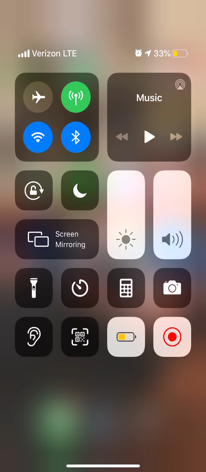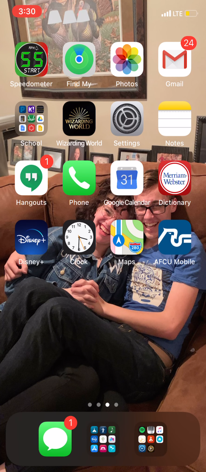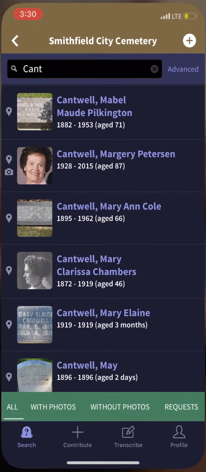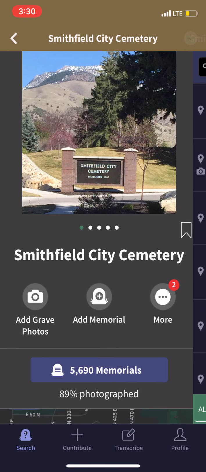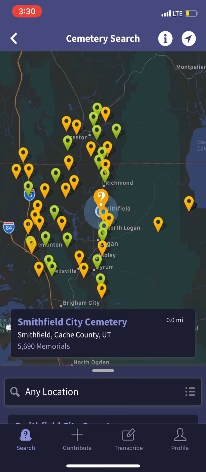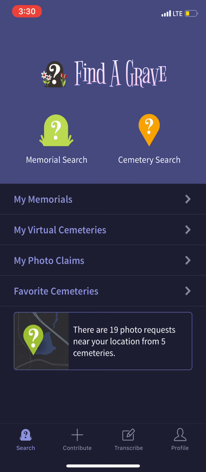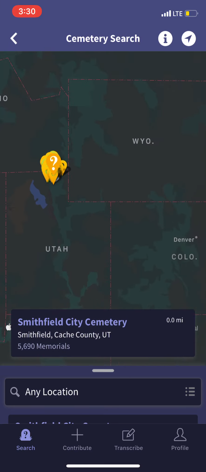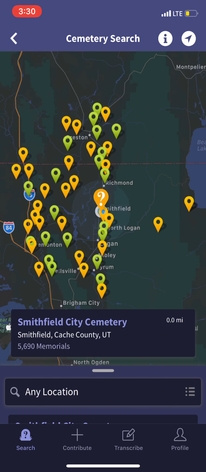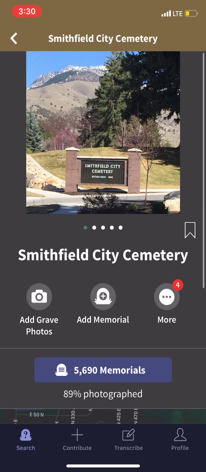All right, we are going to show you how to find a grave. We're going to open up Find a Grave. And right now I'm going to go to the main page so you can see where we're at. So we're going to do a cemetery search, and it will show you what cemetery is closest to you. Because we are in a cemetery, the Smithfield Cemetery, we are going to go here, and we are going to